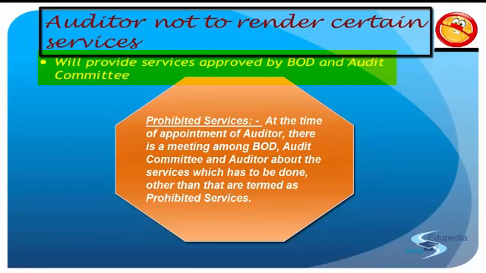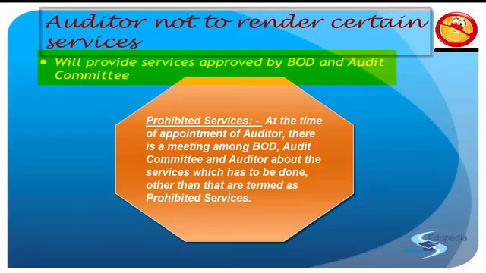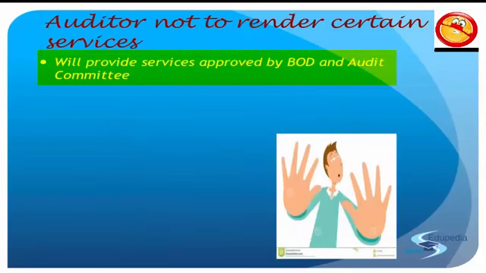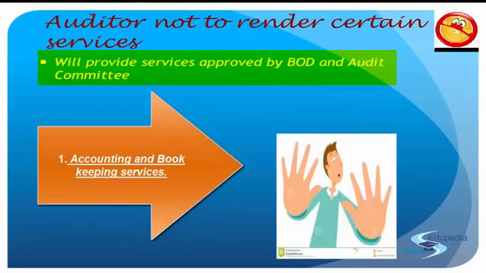So what are those services if we understand? So the first service I would say is accounting and the bookkeeping service. The major thing that you understand an auditor cannot do. A chartered accountant, yes. A firm, yes. But an auditor, no. So understand, being an auditor is a capacity that you get. So as an individual or as a chartered accountant capacity, you can go ahead with providing such services. But once you have been appointed as an auditor, there are certain services which have been prohibited for you.